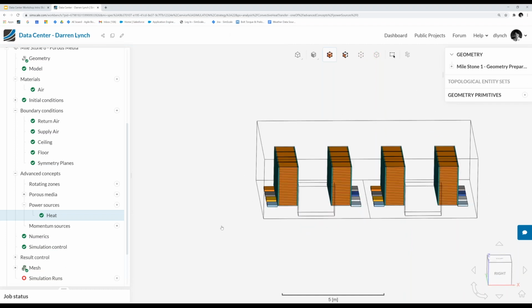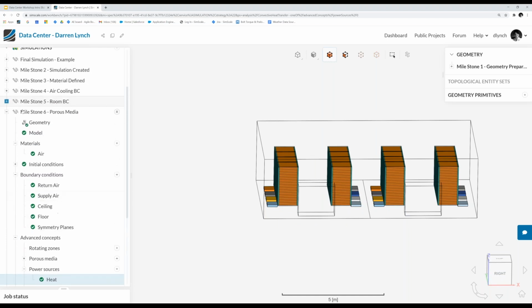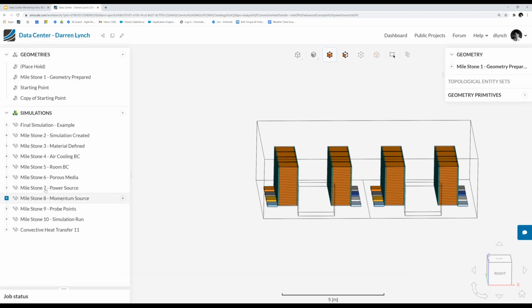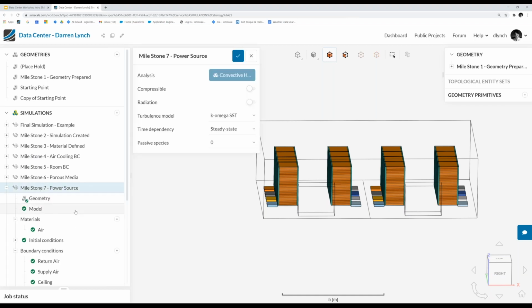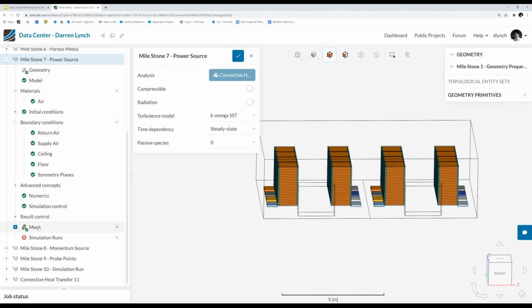And that is actually the end of that milestone. So we can move along to milestone 7 now. After applying this 166.7 watts value to our power source, we can once again come to milestone 7,